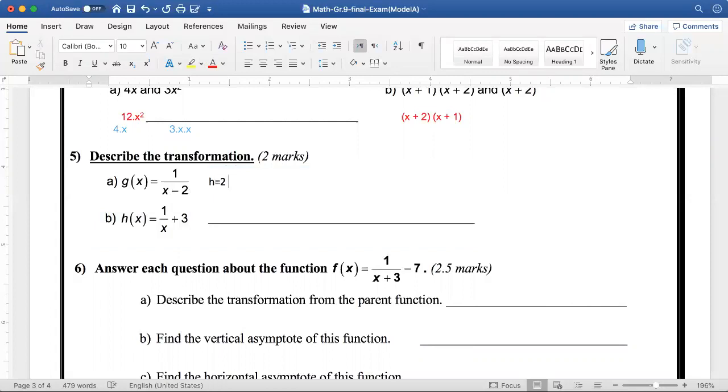Since h is equal to 2, it is a horizontal translation 2 units to the right, because h here is positive and it is horizontal. When h is positive, it is translated horizontally to the right. So I will say horizontal